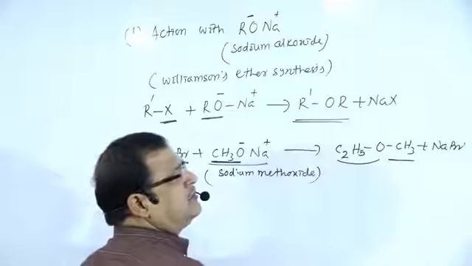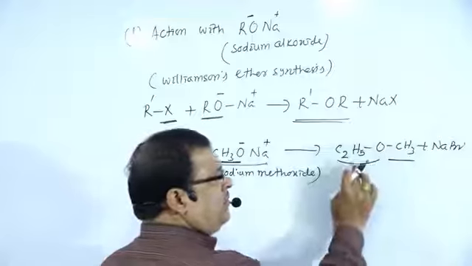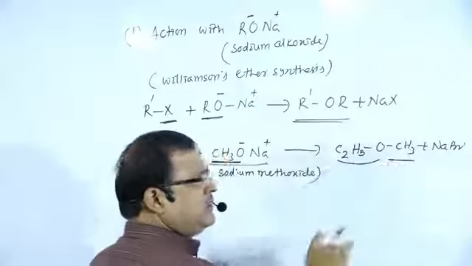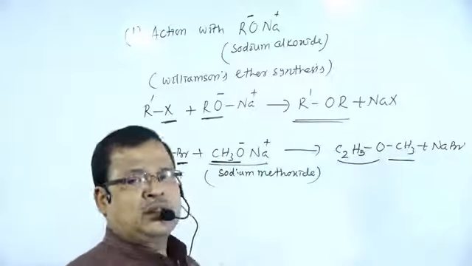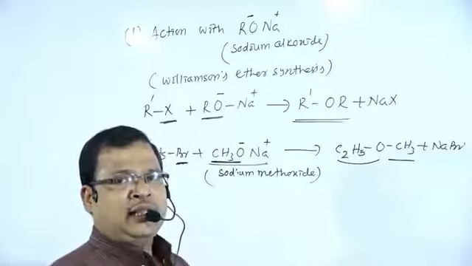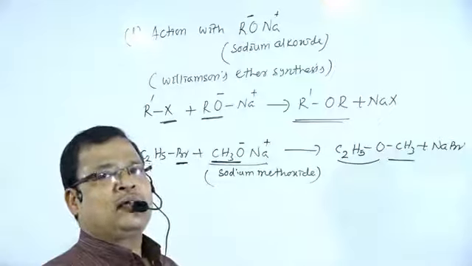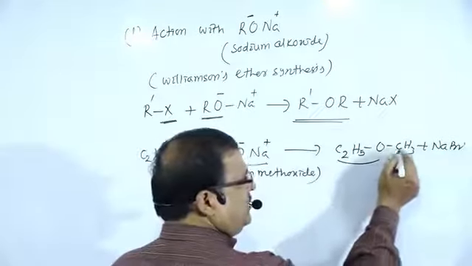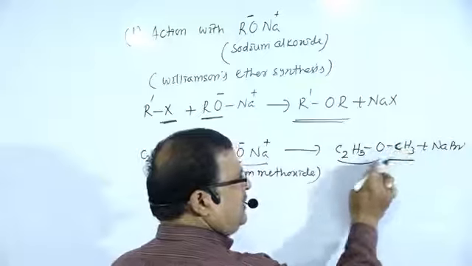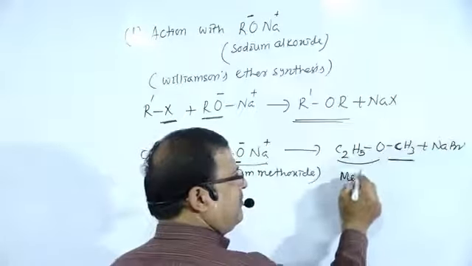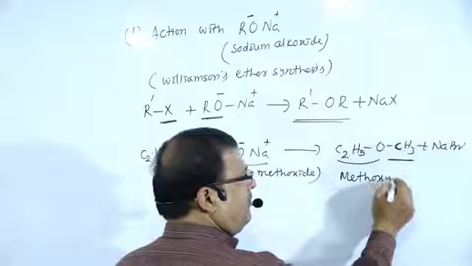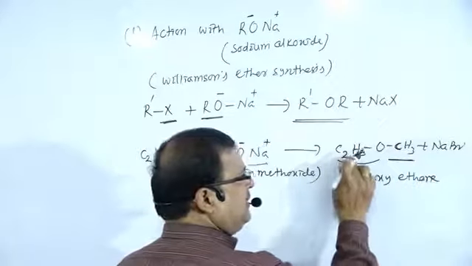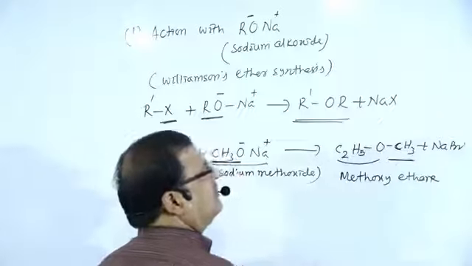The alkane is ethane. So for this ether, ROR', ethers are named as alkoxy alkanes, where the smaller alkyl group is the alkoxy group. So this is methoxy, and the compound is methoxyethane, or the common name is ethyl methyl ether.